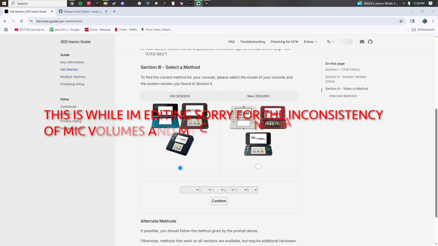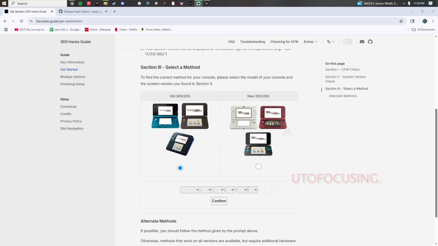Hello and welcome to my first ever Nintendo DS tutorial, I believe. Today I will be showing you how to mod your 2DS, old gen 3DS, and a 3DS XL. So the first thing you will need to do is go to this website, and then